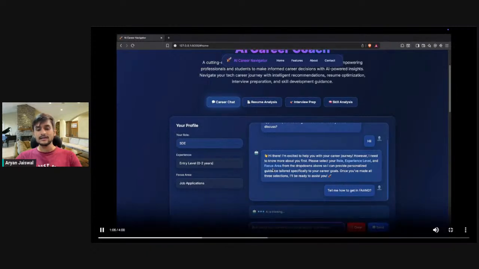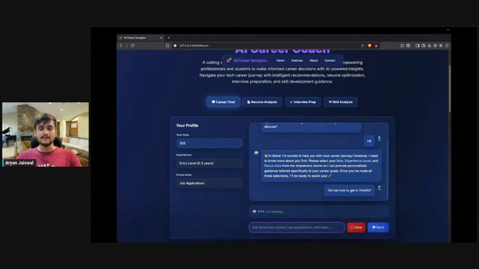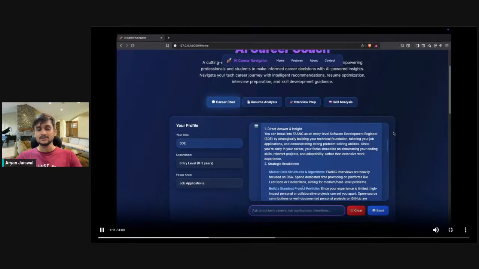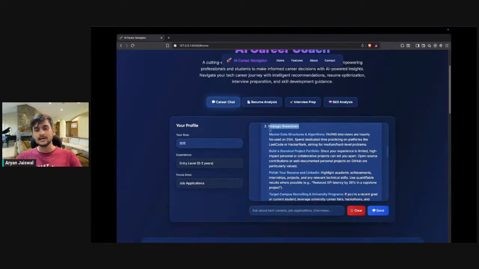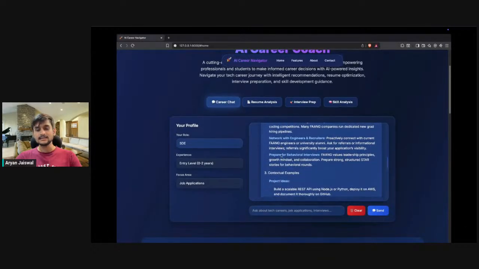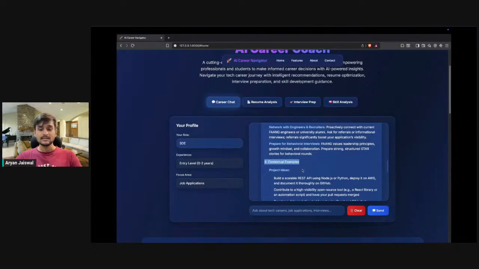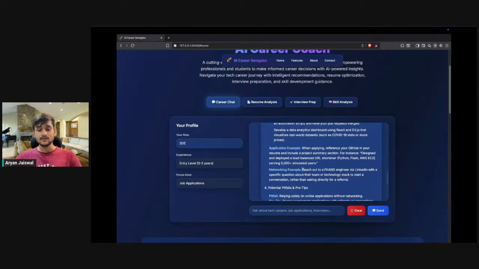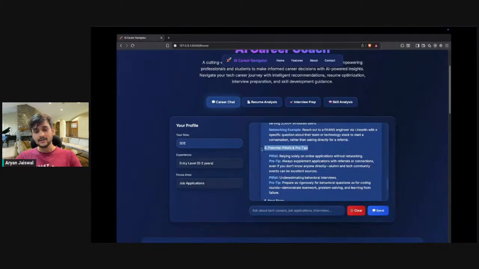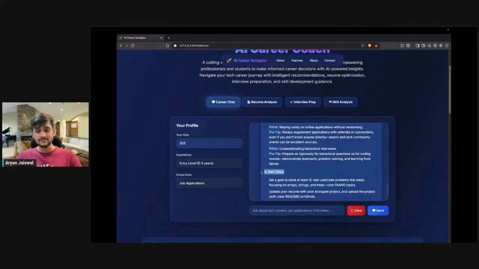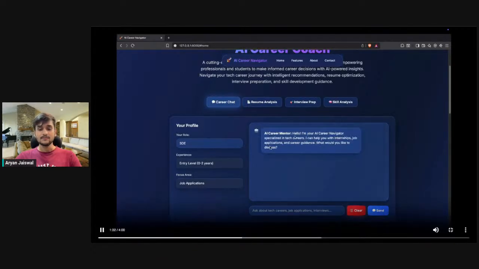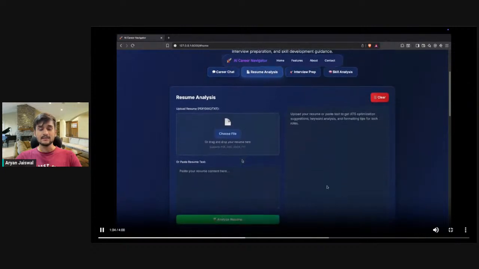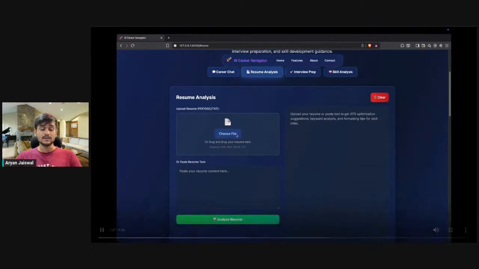So I have configured GPT 4.1 in the backend. My service request is gone, and now I have got the response. I have tailored it according to this particular career chat. I have configured the prompt file, the input file, the system prompt file, and the chat file for giving a proper output which can be useful for you in a very short and sleek format. Here is a chat section also. If you wanna continue your chat or clear your chat, you can ask multiple questions on further analysis and all things.